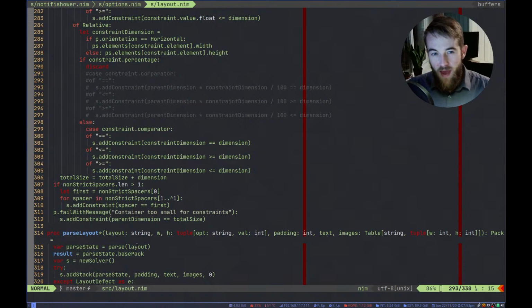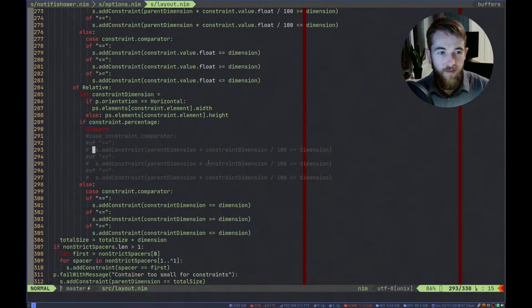I guess we can make a variable. You can add a variable. No. We might not be able to do percentages just because of the way the constraint solving thing works.